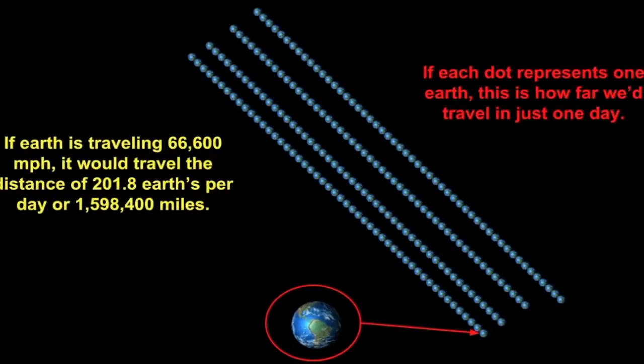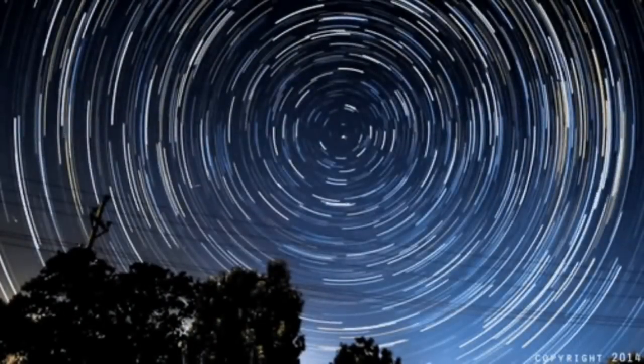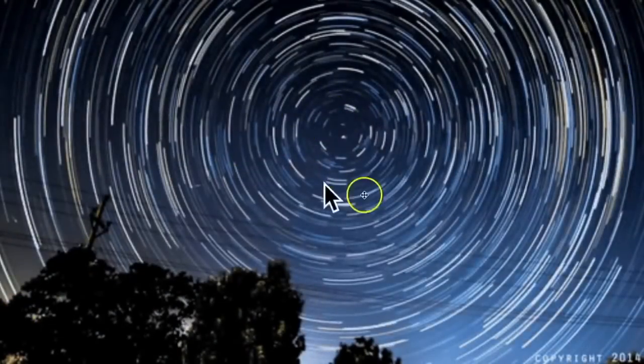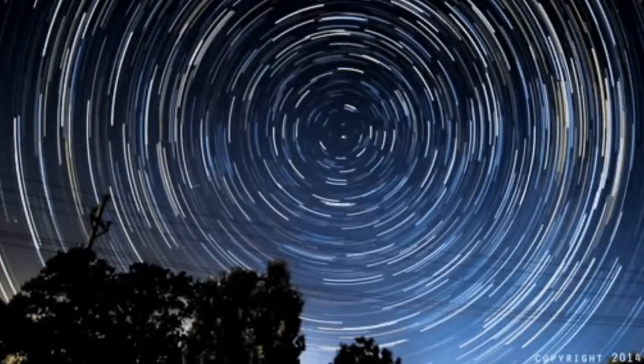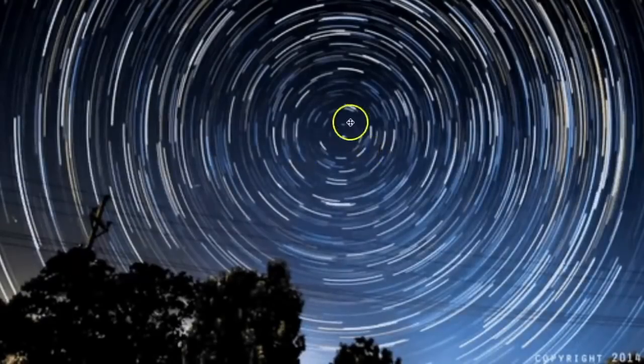But one thing that no one has been able to answer, this is the one question. I know they always say, well, you flat earthers don't have a model that can explain star trails properly. But on the opposite end of that, you have the globe model, where star trails look like this during a night when you are moving. Let's look back at the numbers here so I don't make a mistake. If you're moving 201 Earth distances per day, it's about 100 Earth distances per night, because it's night half the time. Okay, so you have